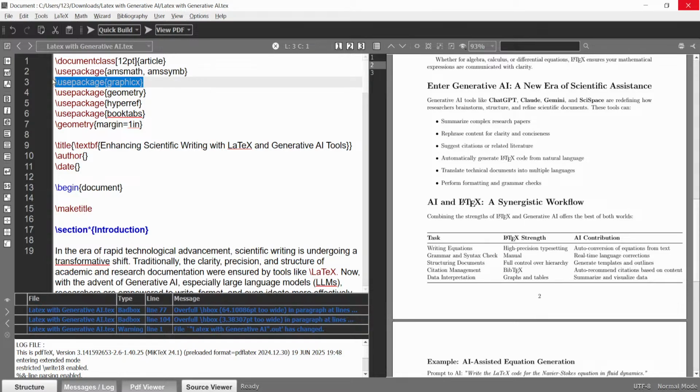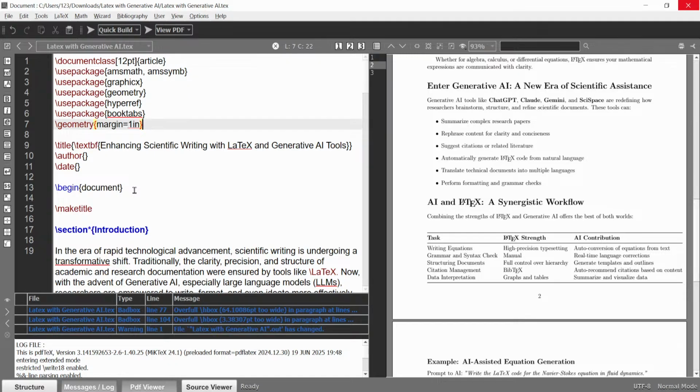And all the packages, I will demonstrate how, if one does not exist, there will be an error, and how you can remove the error. Okay, and all these things you need not worry about. All the things we will take help from generative AI. Okay, ChatGPT will help you. Then geometry, the package which will help you to manage the left margin, right margin, top margin, bottom margin. You need this. Okay, and at this place, margin is 1 inch, left, right, top, bottom.